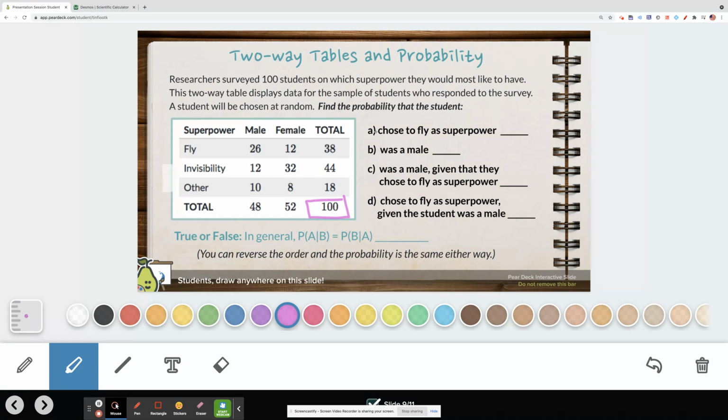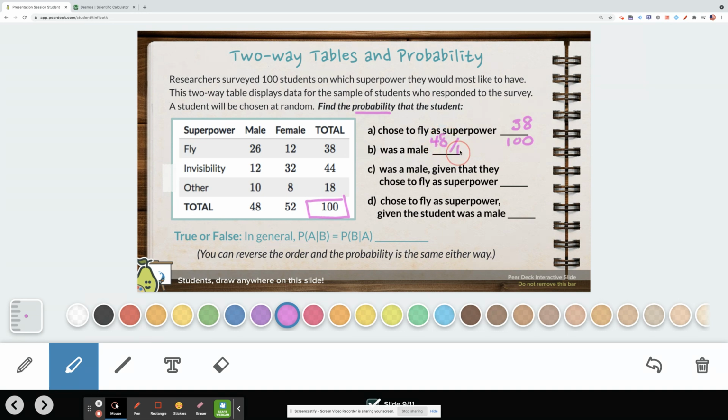So we have to find the probability, and probability is always a fraction. We could also write a fraction as a decimal or percent. The probability that a random person that I surveyed chose to fly as the superpower. Well, there were 100 kids in this survey, right? That's my total. And fly, I'm looking at the 38. How about the random student I chose randomly, that this student was a male? Well, male is 48